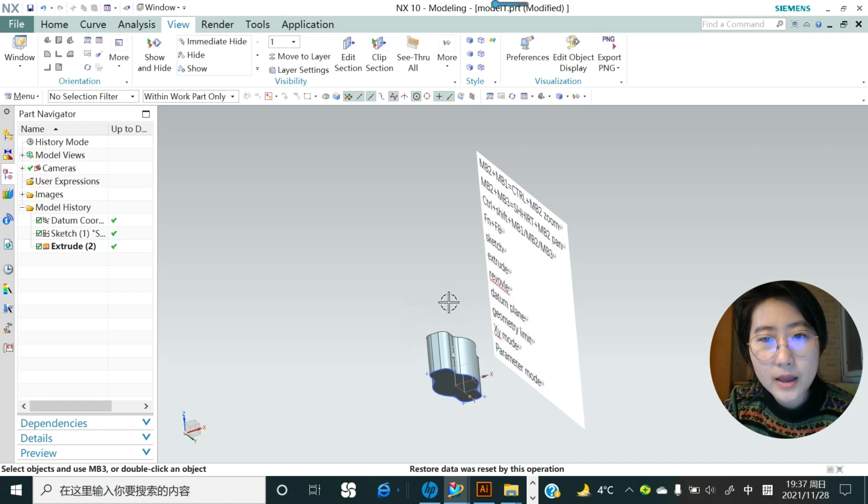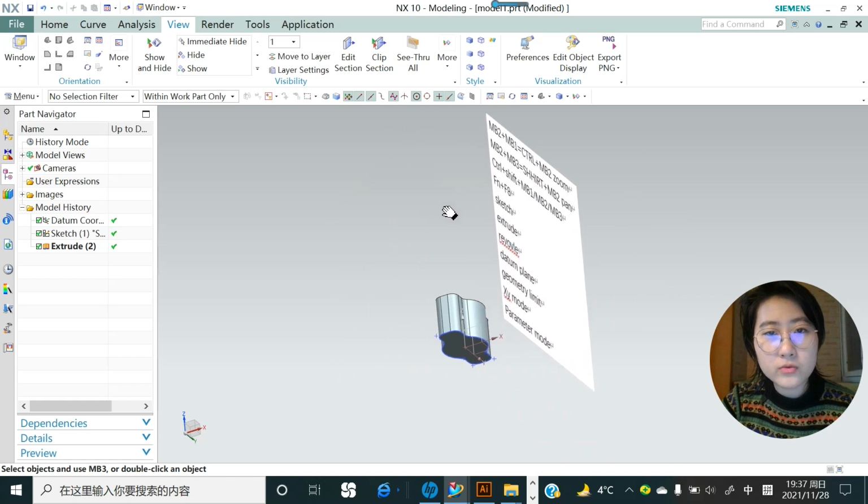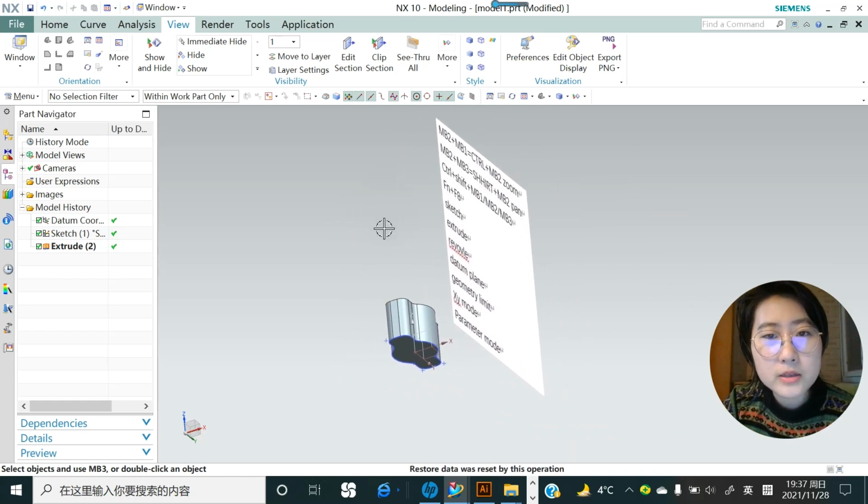And as I told you, if you hold the middle mouse button and right mouse button and drag, you can move the scene. It's equal to holding Shift and the middle mouse button, which can also move the scene. And third, if you hold Control, Shift and your left mouse